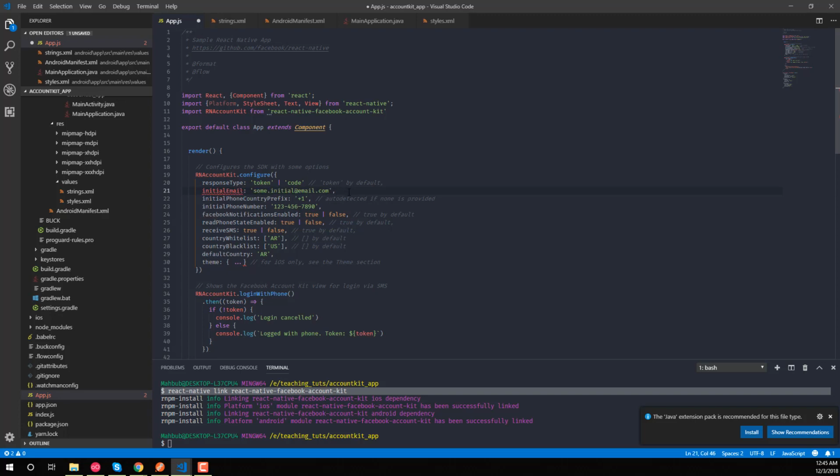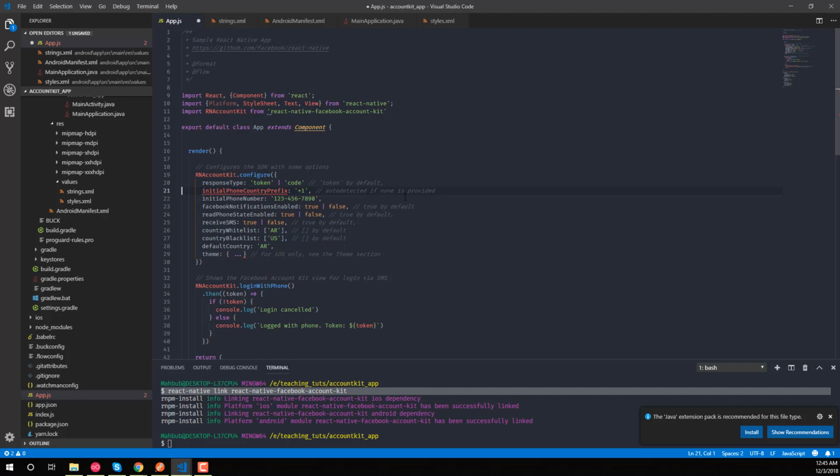Here we need to remove this as we do not really need it. Initial email, because we are not doing Accountkit with email, so we're removing email. And initial phone number, you can set; as I live in Bangladesh, I'm setting it to 0 for now. And then